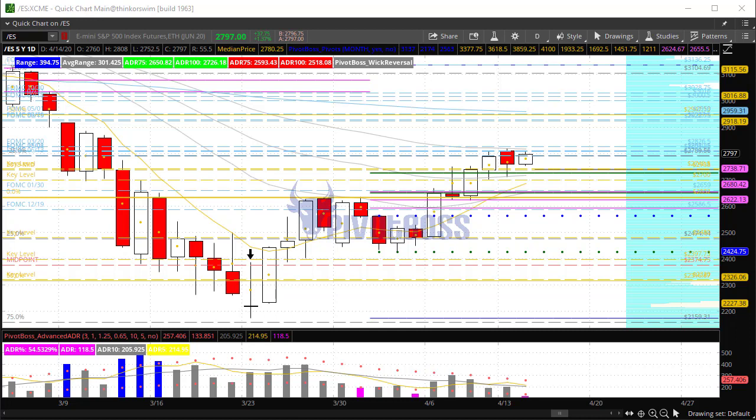Here's a look at the daily time frame of the ES. You'll see right here the ES is inside the current 2-day range that finished yesterday, and also now developing a narrow 3-day range, which you can see down here on the indicator. It is 54% of ADR, and that tells us that we are compressed at the moment. Obviously, the day hasn't begun quite yet, so we could clearly increase that range today, but we are clearly compressing